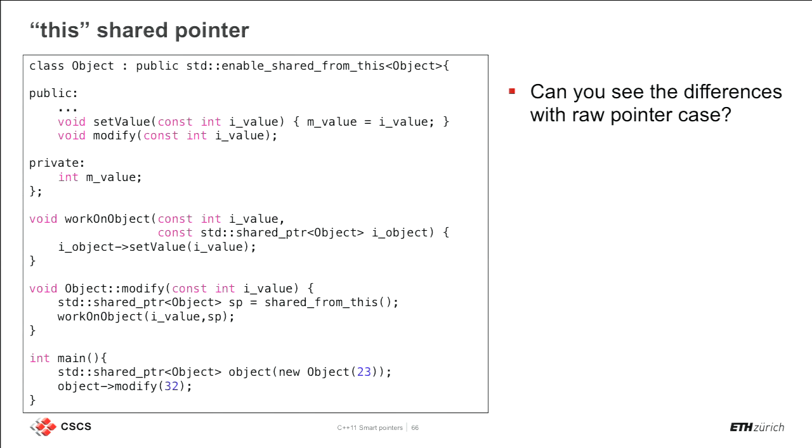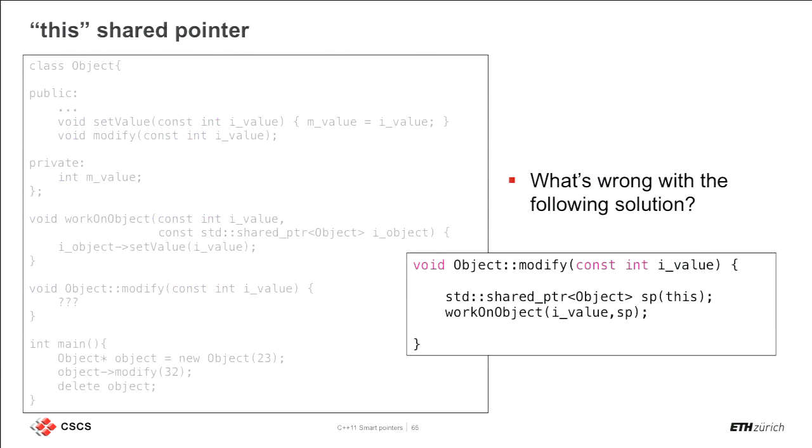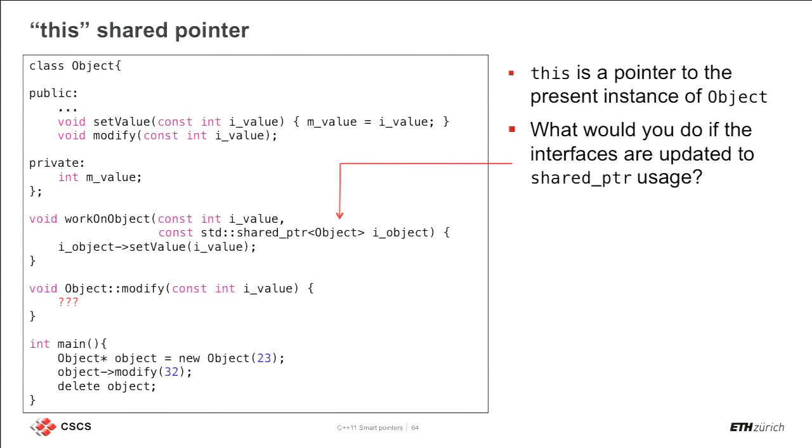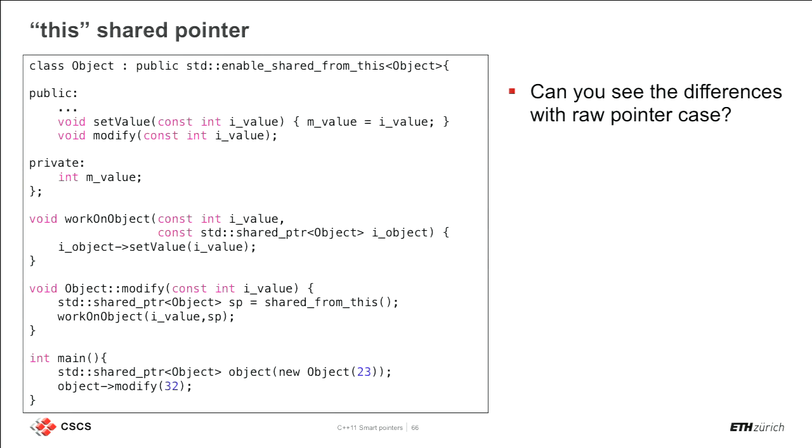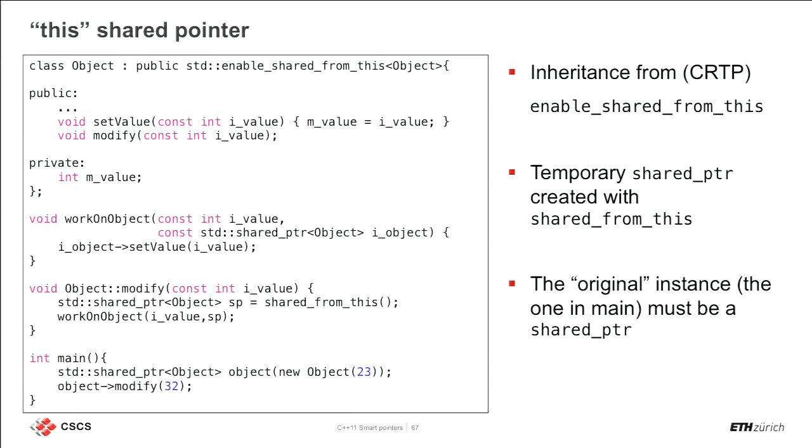And this is how your code must be modified to perform this operation. Can you see what are basically the main differences with respect to the shared pointer case? I will go back. This is the starting point, basically. You have object, work on object here with this pointer, and here you have the raw pointer to object. With the upgraded version, we have this condition. As you can see, there are some important differences. The first one is that your object needs to derive from this class, which is a class that belongs to the standard template library, which is enable shared from